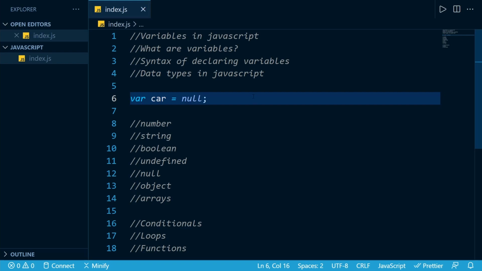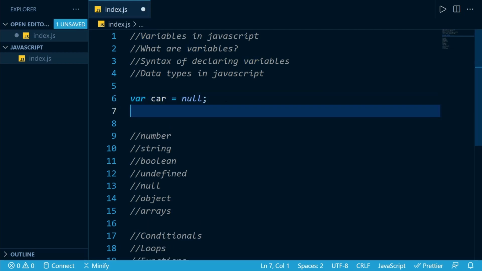So this is basically the syntax of how we use variables in a lot of languages. We use a var keyword, and instead of var there can be other keywords in other languages. In JavaScript we have the var keyword, and we also have the let keyword.